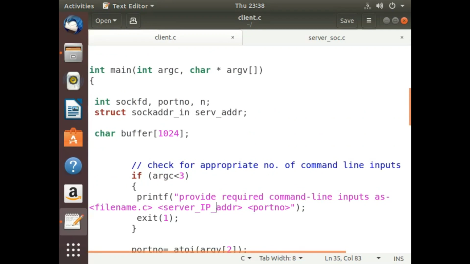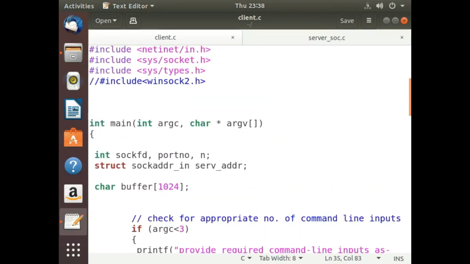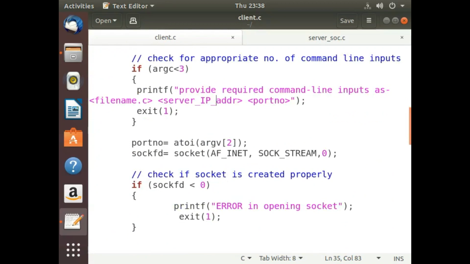It is only that we don't have any client structure separately, because we need not store the client information. This itself is the client, and we only need to store the server information since we are going to send the data. So for that we have a structure variable. Again, we have verified whether we are having the right number of command line inputs.